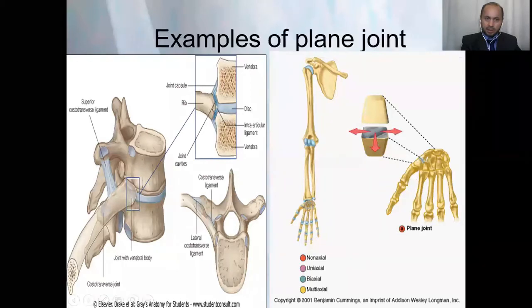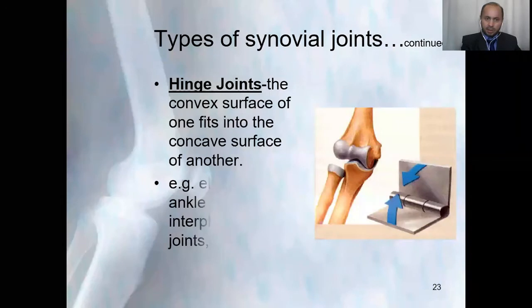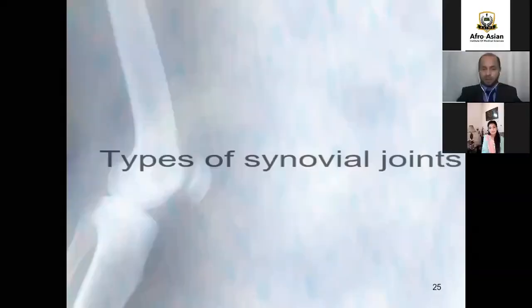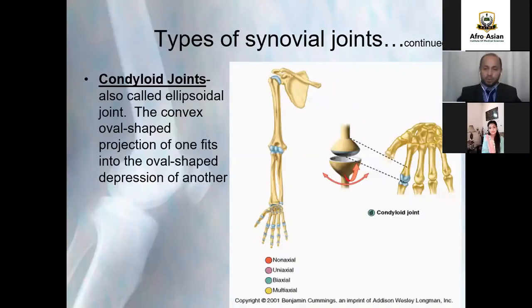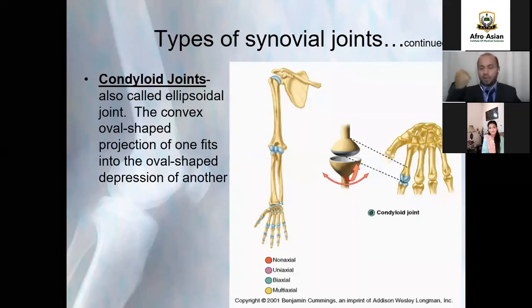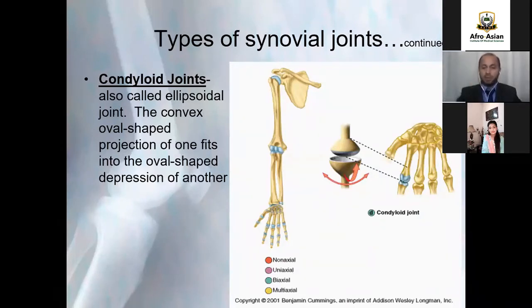Non-axial. The second type of joint is the condylar joint, in which a convex surface fits into a concave surface, combining to form the joint shape with a depression present in the other bone. This condylar joint moves in two directions: flexion and extension, and adduction and abduction. Therefore, this joint is also called a biaxial joint.